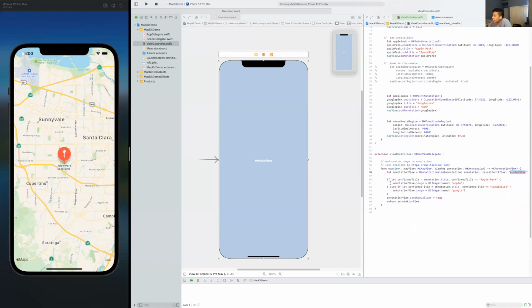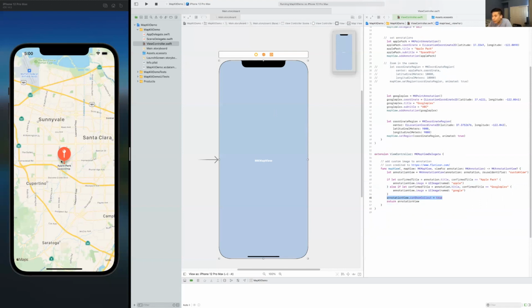The next line uses an if let statement: if the title is equal to Apple Park, we set annotationView.image to be a UIImage. If the title is Googleplex, I create another image for that. Then this line, annotationView.canShowCallout, is saying that